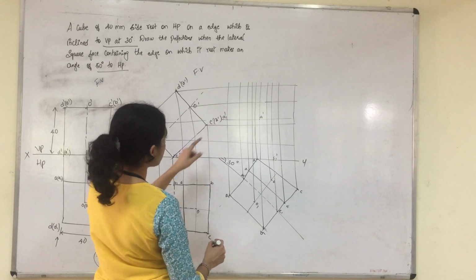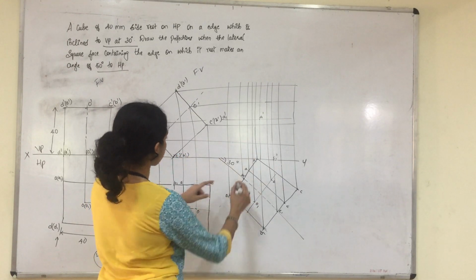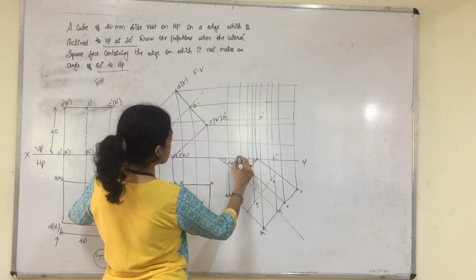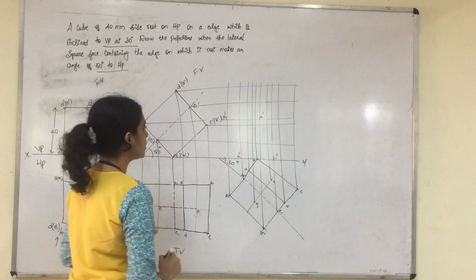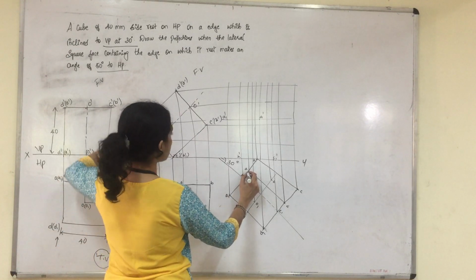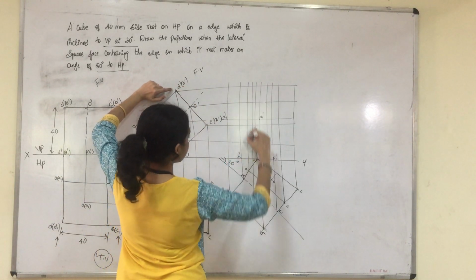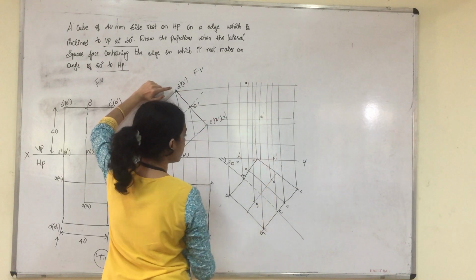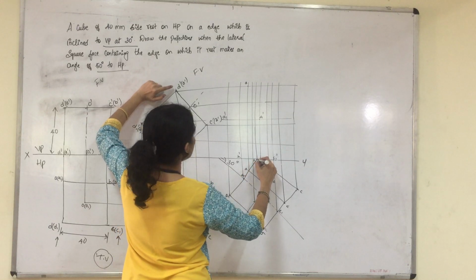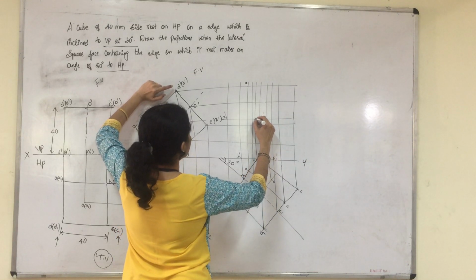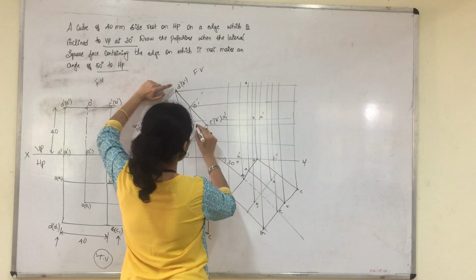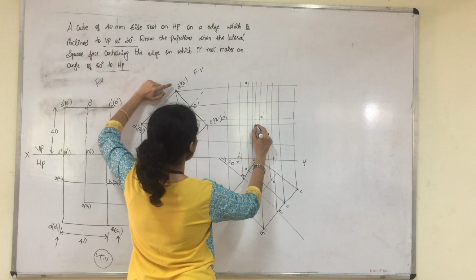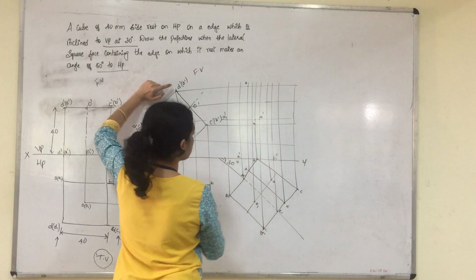And what is left? A is over D is over C is over B. So locus of B is meeting B dash at the XY line. So this is our B1 dash. So similarly read the locus of A. So the locus of A is meeting A dash at this point. So this is our A. So locus of B, it is meeting B dash at this point. So this is our B.